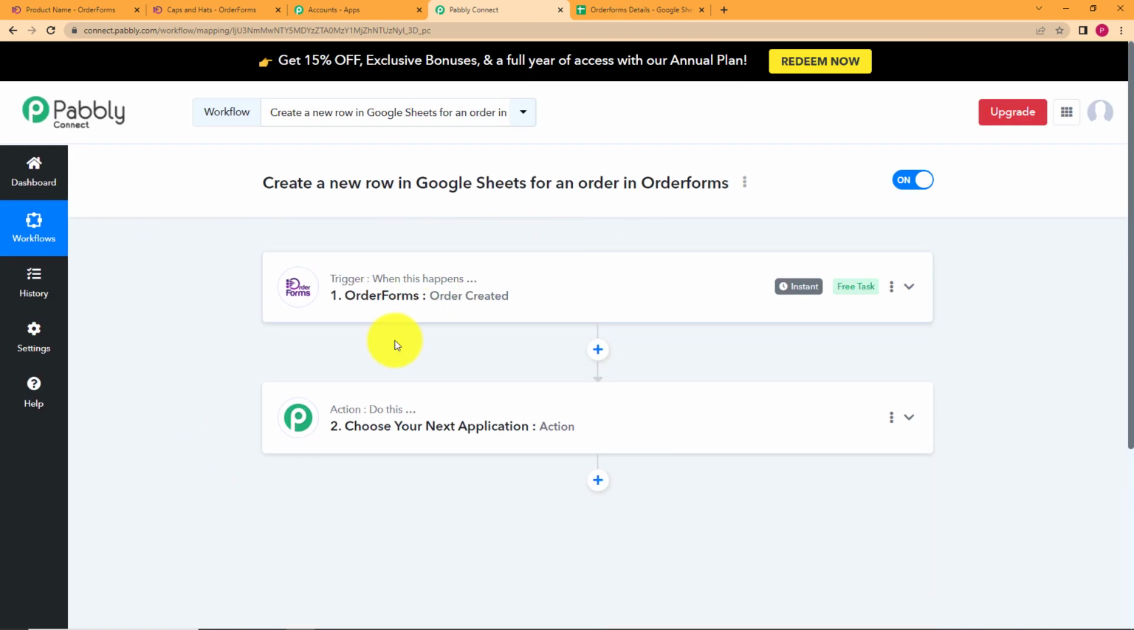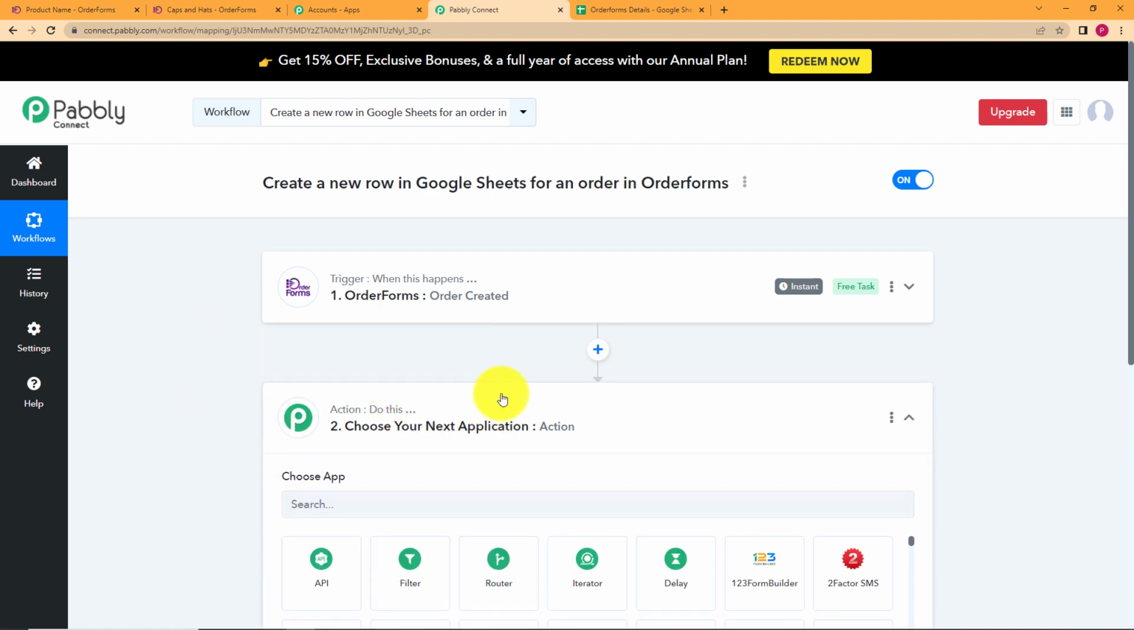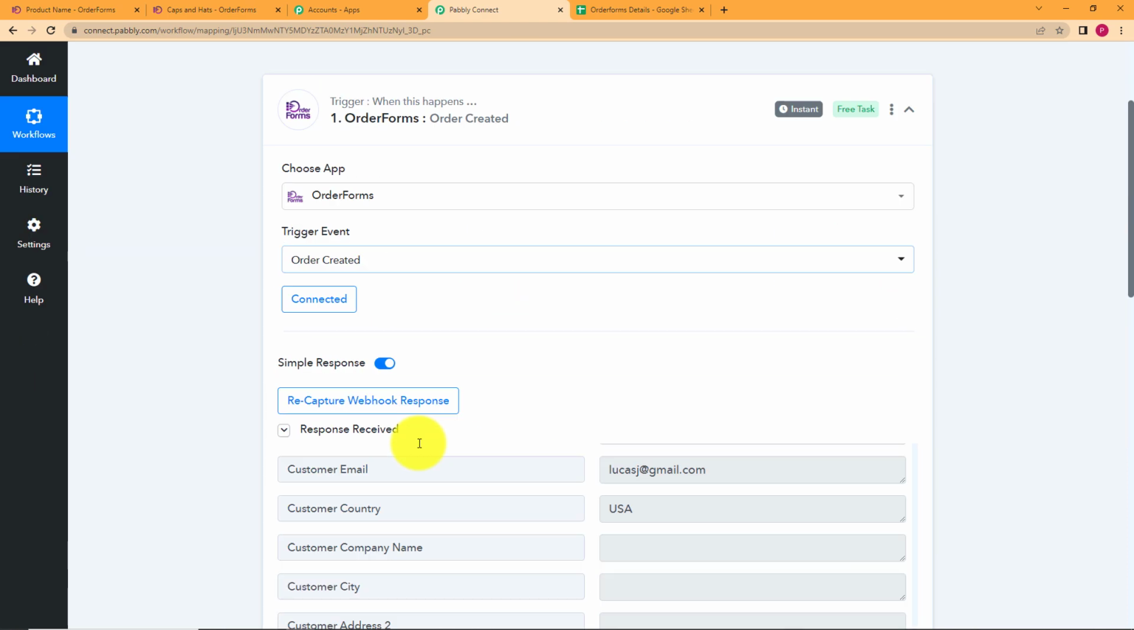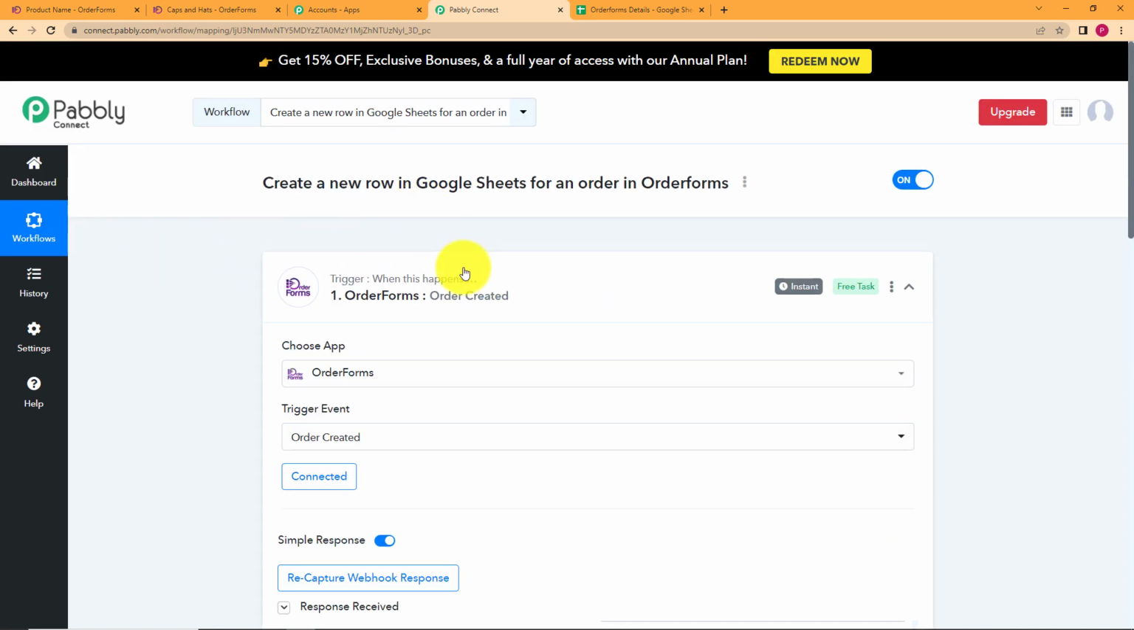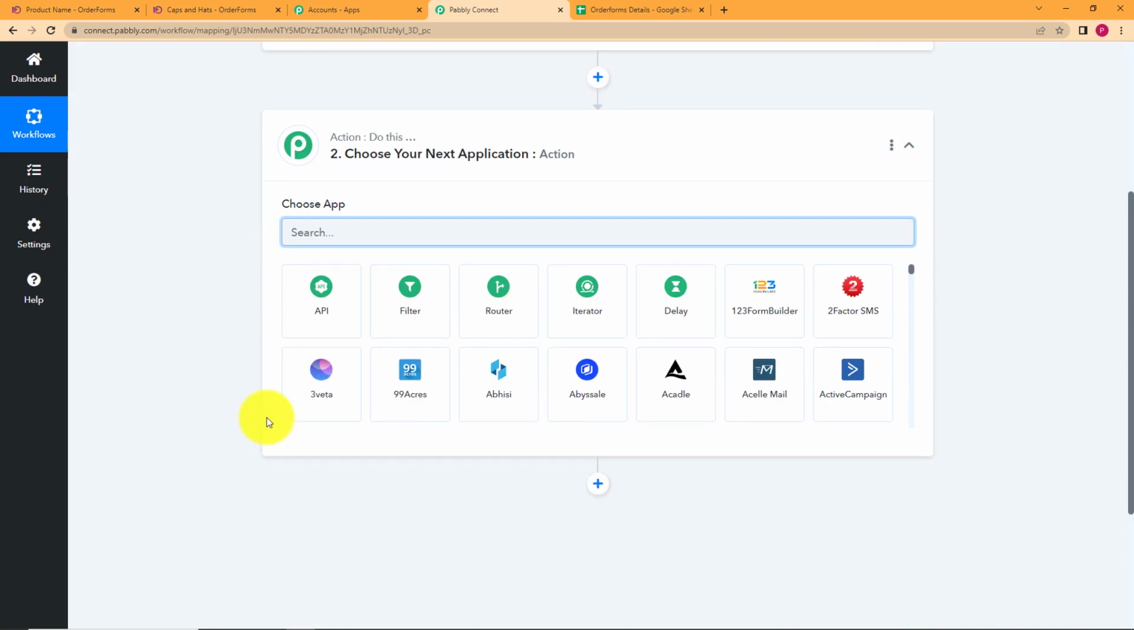So we can close this window safely, and we can now straight away proceed to our action application, that is going to be our Google Sheets, or we can also call it the destination of all this information that you have received as a response over here. Okay, so let us choose our action application as